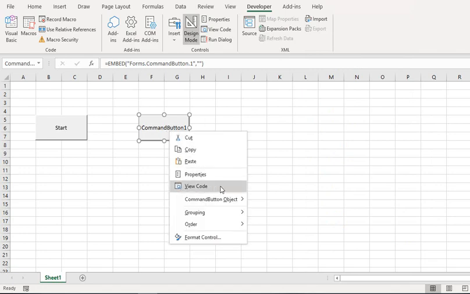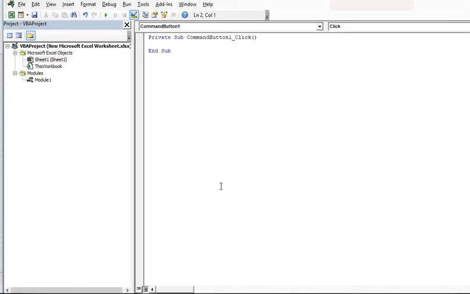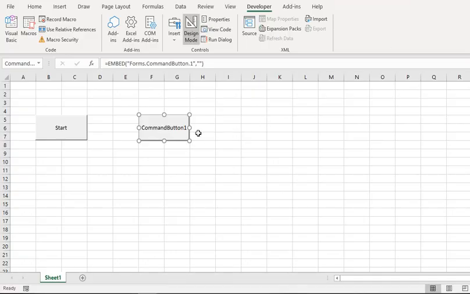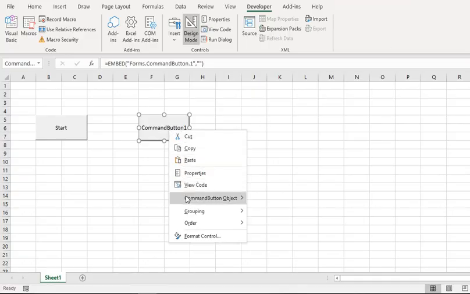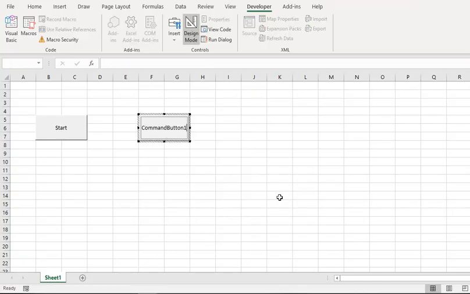Now the next thing is view code. If you click on view code, this opens the code for this button. So if you have to type your own code for the button, you have to right click and choose view code on this particular type of button. Then command button object, if you want to edit it, you can type in your own text here, like what the button is for and things like that.